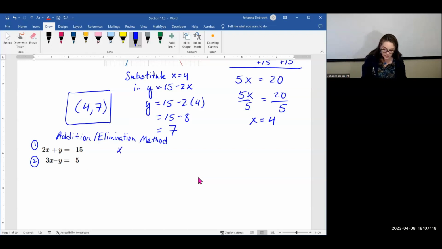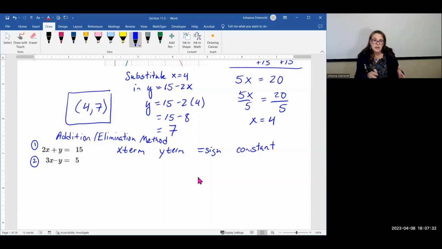So I've got to have x term, y term, equal sign, constant in both equations. They have to match. Now, does it always have to be x term, then y term, then equal, then constant? No, they just have to be the same. So I could have x term, then equals, then y term, then constant, but they both have to be that, right? So in this case, notice that we have a 1 coefficient on y in the first equation